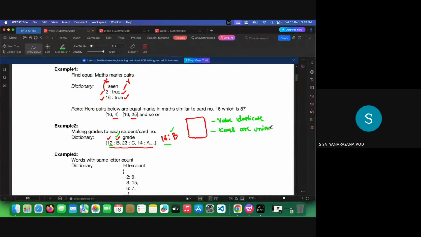So what is the advantage of this? After making a dictionary of 30 sequence numbers, with each student assigned a grade as per calculation, I finally want to list